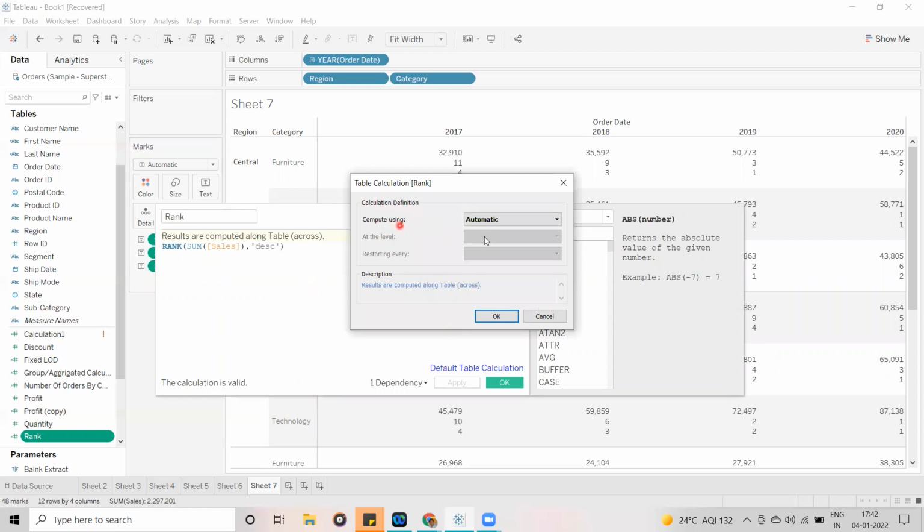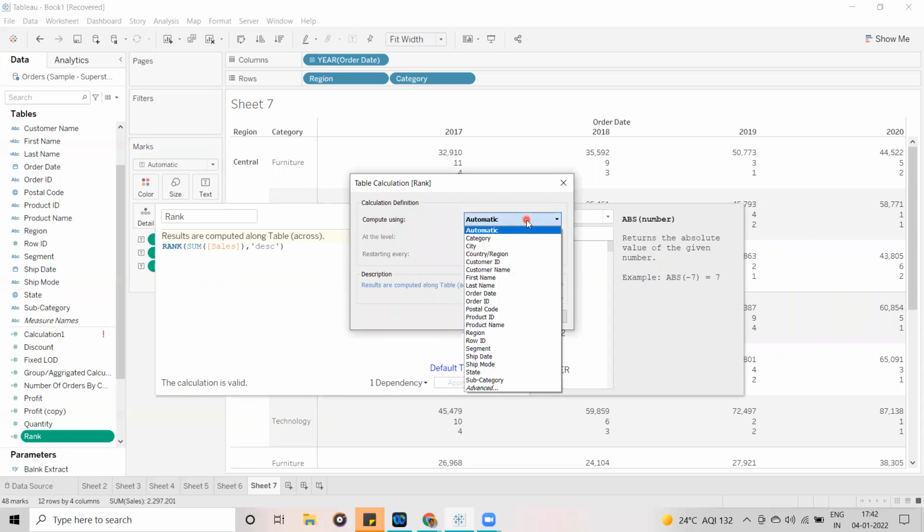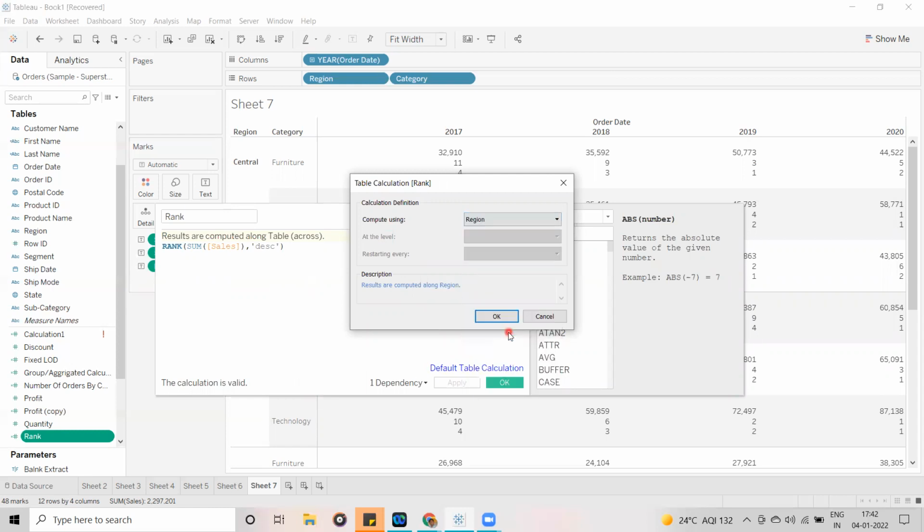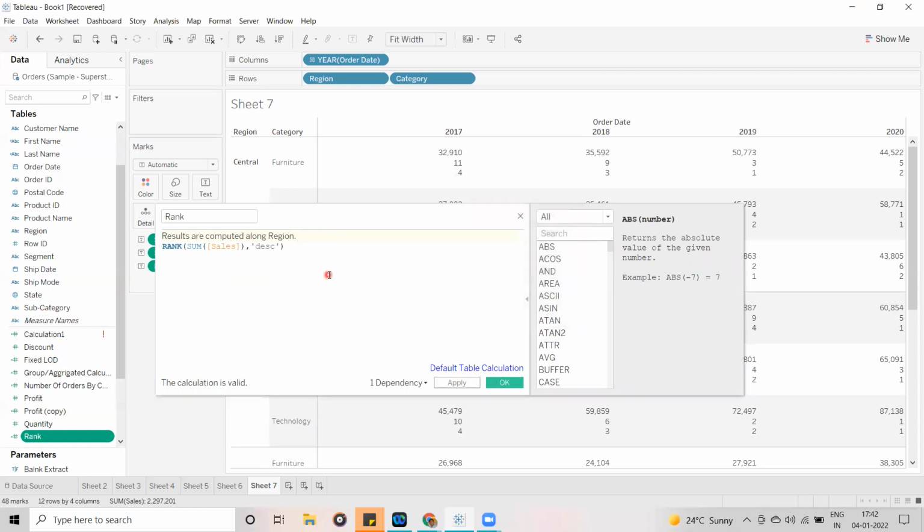Compute using is automatic. Instead of automatic, you can select based on what you need. For example, if you need it based on region, click on OK, and you can see it is showing region. Now if I click on apply, let's see what is going to happen.